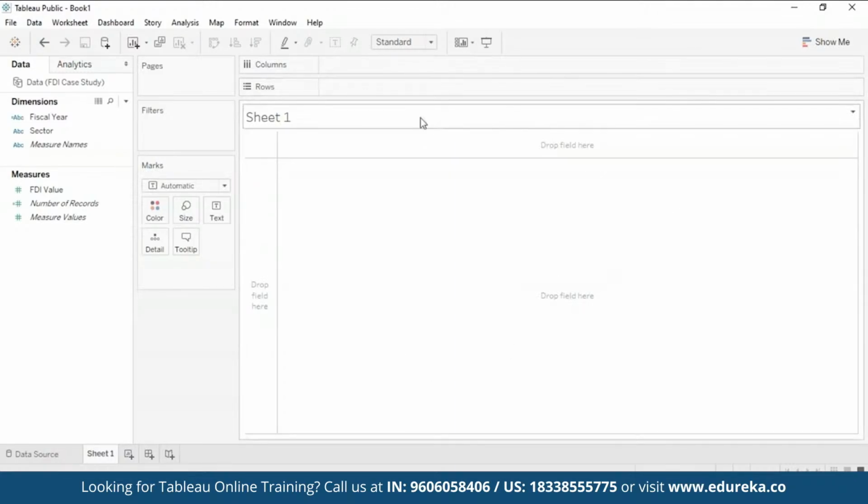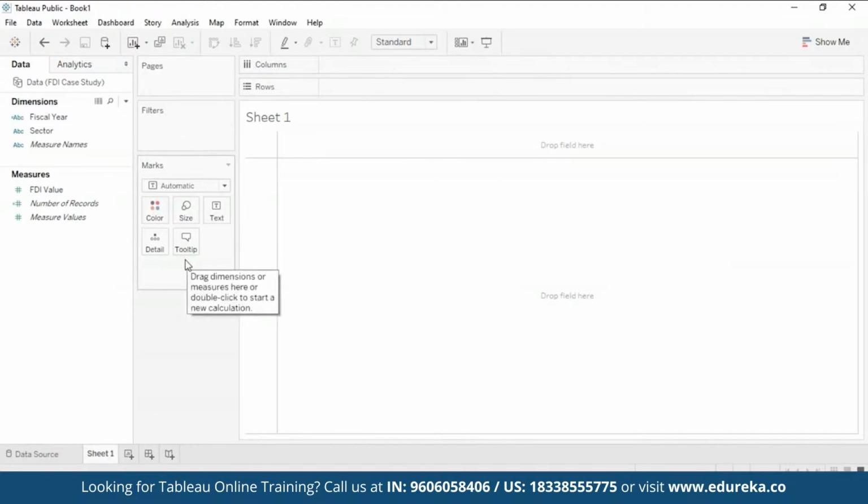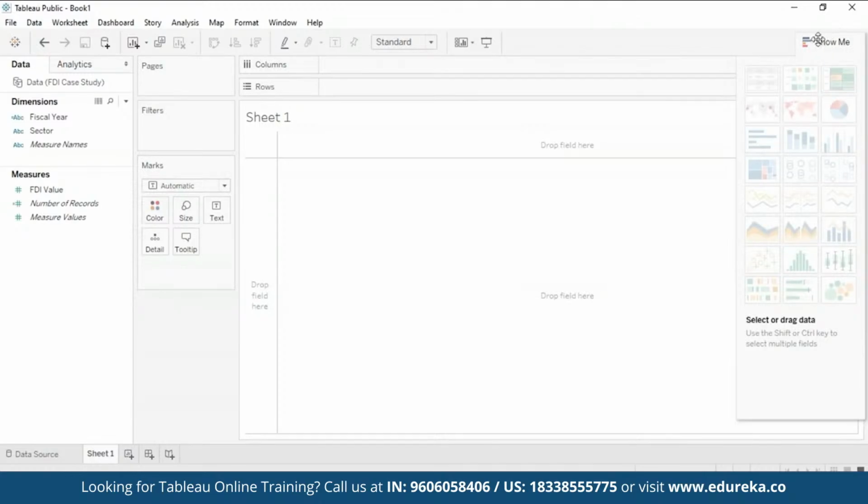Then this is our canvas. This is where the visualizations are going to be viewed. And on the left, you have pages, filters, and marks. Now, these are the cards which are going to help us create more intuitive visualizations out of the ones we already have. On the right top corner, you have the Show Me option, and right now you can see a